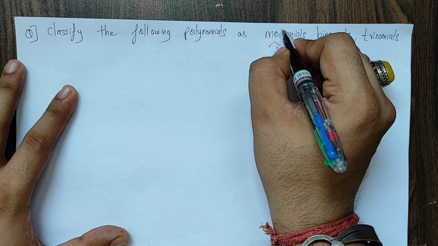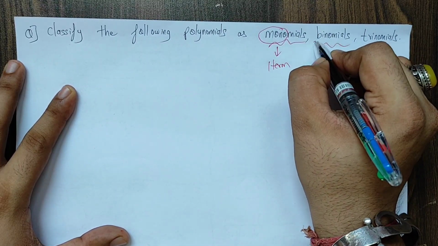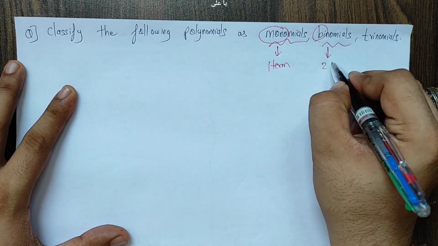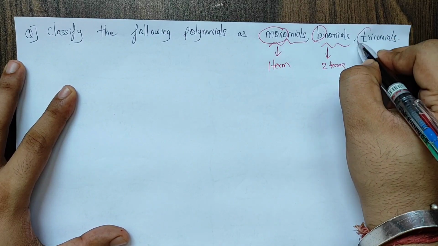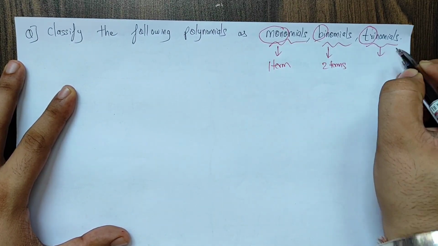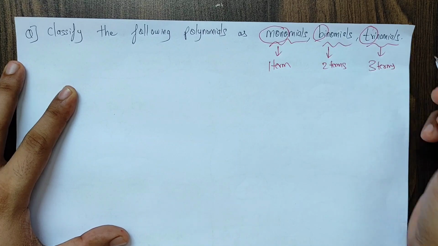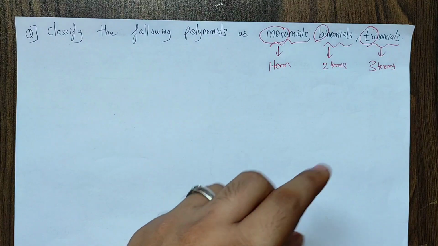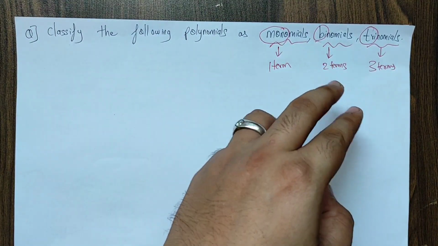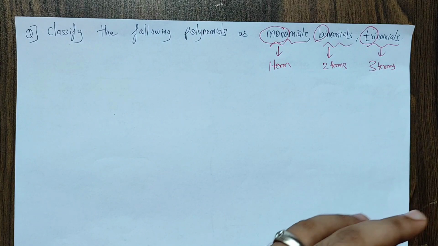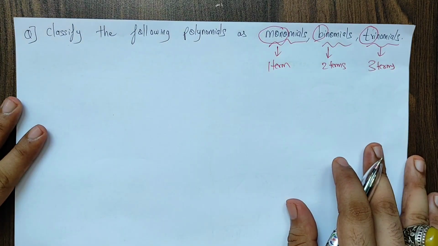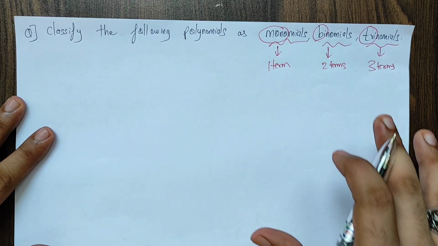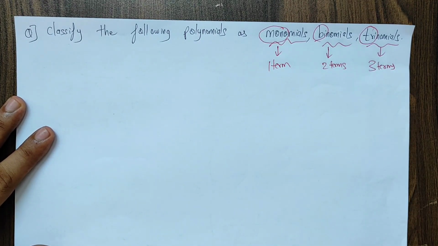Binomial, the word mono means one, the word bi means two. So binomial means any expression which has two terms. Tri means three, so trinomial means any expression having three terms. That's it. So mono means one, so monomial means any expression having only one term. Bi means two, so binomial means any expression having two terms. Trinomial means any expression having three terms. Okay, so if at all somebody asks, what will you call any expression which has more than three terms?